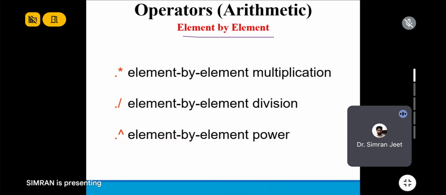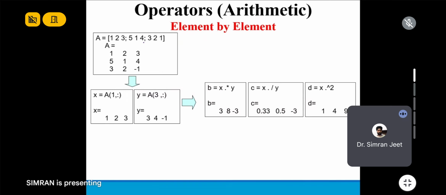Now next is element by element multiplication. Whenever I say element by element, it means, let's say I have a vector like this, 1, 2 and 3. Another vector is 2, 4 and 5. Let's say this is matrix a and this is matrix b. If I write a dot multiply b,